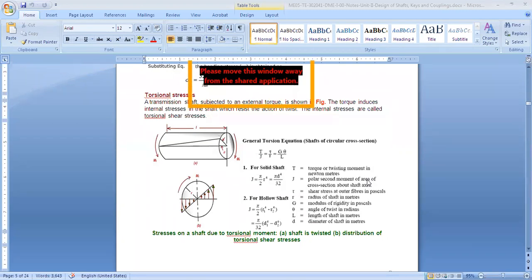So if we know the twisting moment Mt, the polar moment of inertia J, the modulus of rigidity G, and the length of the shaft, we can find the angle of twist, how much it will twist because of that torque or twisting moment, right? So let's put these two things together: T upon J is equal to G theta by L. Now try to analyze this and find out how much twist is allowed.